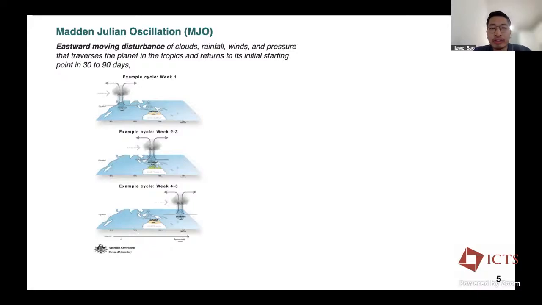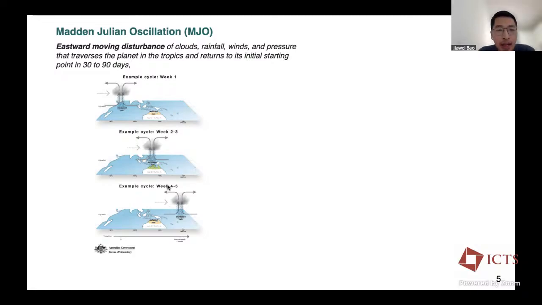MJO is eastward moving disturbances of clouds, rainfall, winds, and pressure, which travels around the planet in the tropics and returns to its initial state in about 30 to 90 days, which we call intra-seasonal timescale. So specifically, the signal of the rainfall and clouds initially start from the Indian Ocean, as shown in the schematic, from week 1, and then slowly, when we get to week 2 and 3, it moves to the American continent,